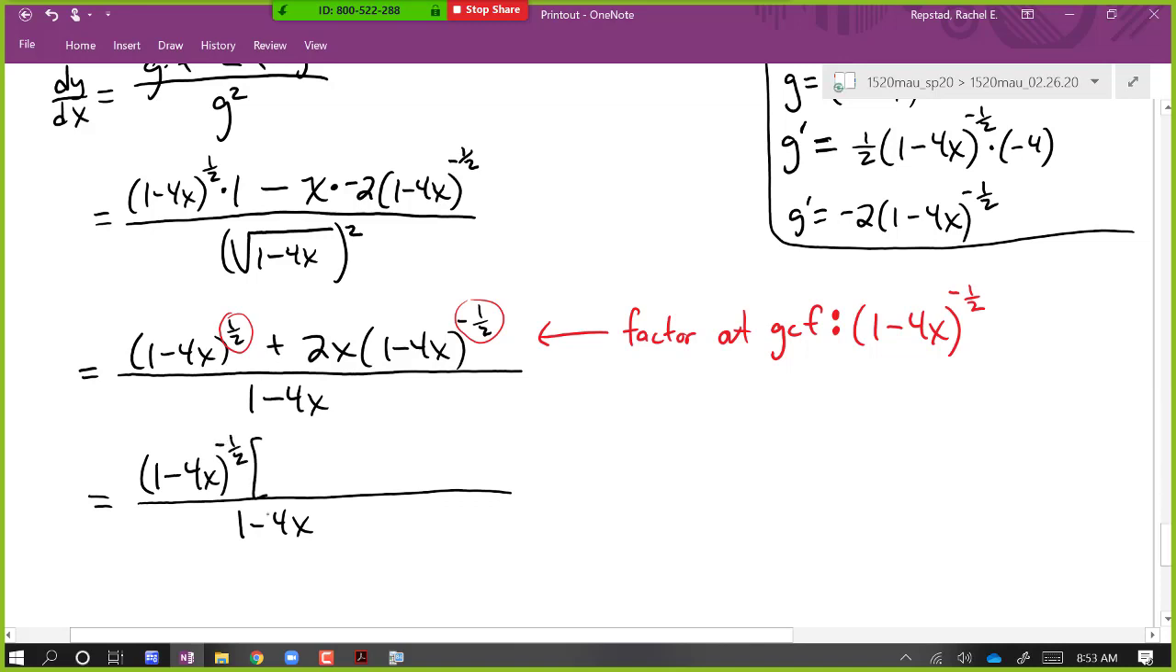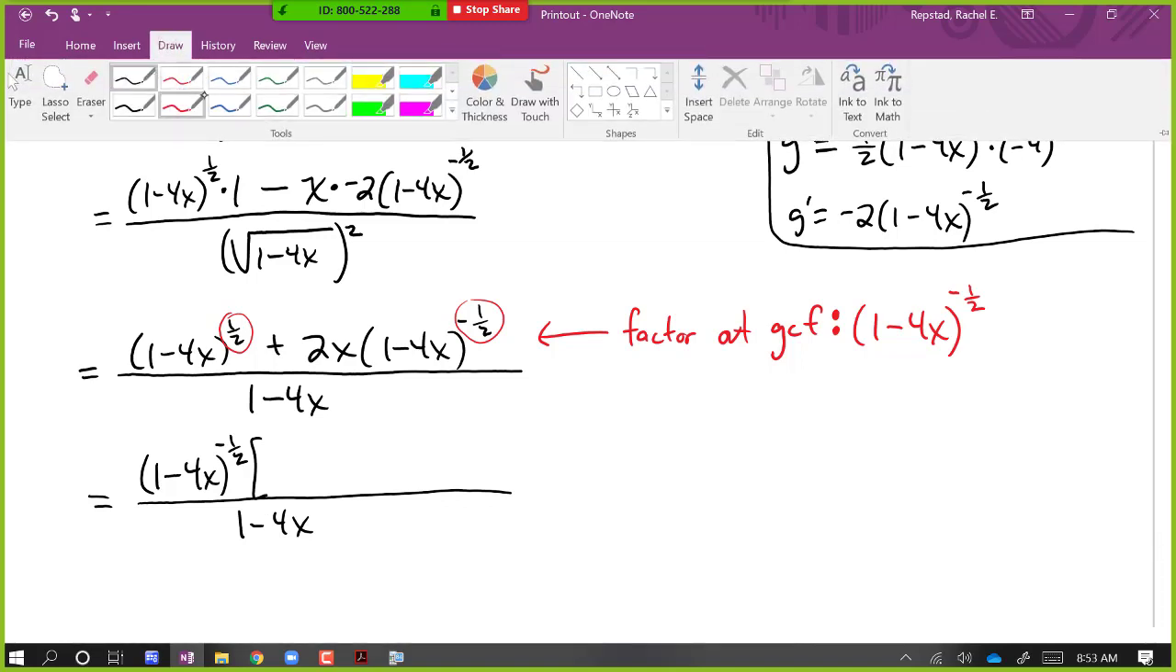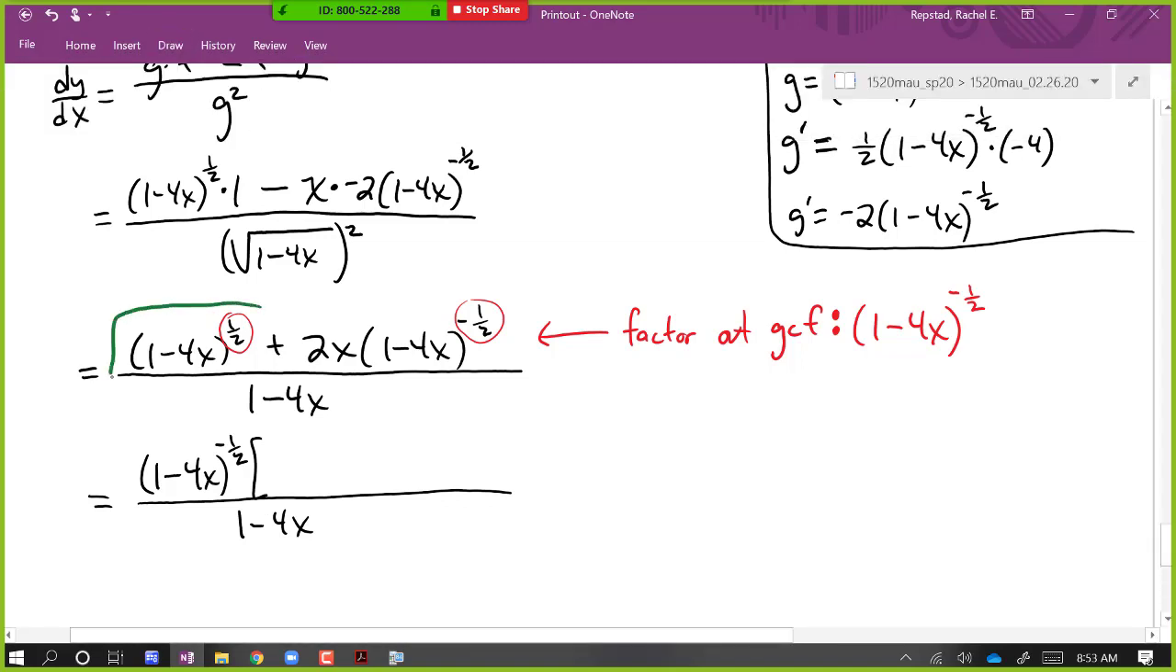I'm going to open up a set of brackets. So we're going to start with this first term here. What do we need to make that whole? 1 minus 4x to the negative... 1 minus 4x. So if it's to the negative 1/2,